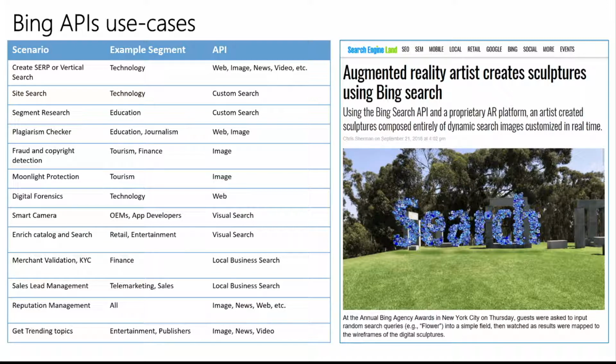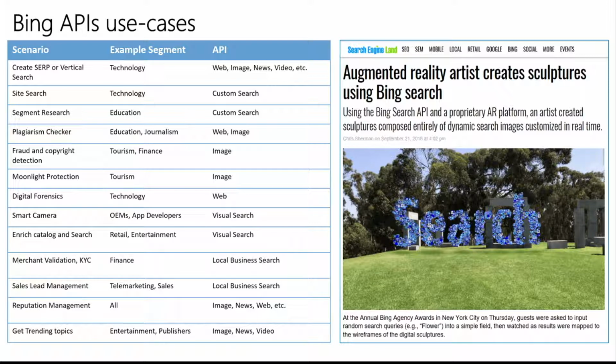Digital forensics is turning to be very big, and a lot of technology companies are using some of these scenarios. And we have education, we have retail, entertainment, and we have APIs like local business search, which are used for merchant validation type of scenarios. And we also have trending topics where we give you in near real-time trending topics of images, news, and videos, which are used by many publishers around the world. And for me on the right,